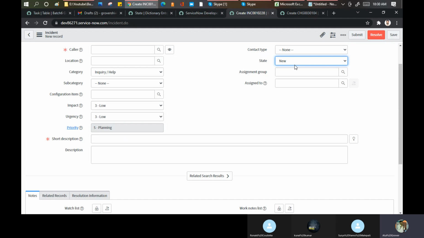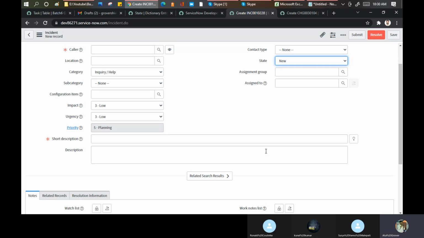Workflow is one thing, and then there is the state representation. On the basis of the assigned to, you have a lot of validations to be put in place. It's like building a complete new system for a new state. So ServiceNow never ever recommends it. If you want to go for a new state, better go for a custom application. In that you can do anything which you want, because that is completely customized. According to your thought, you can build anything on that part.